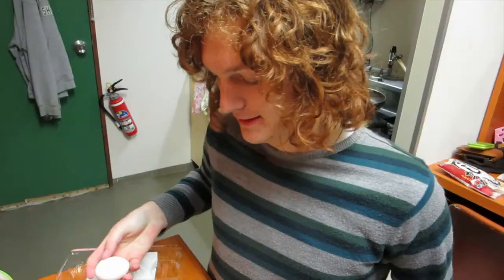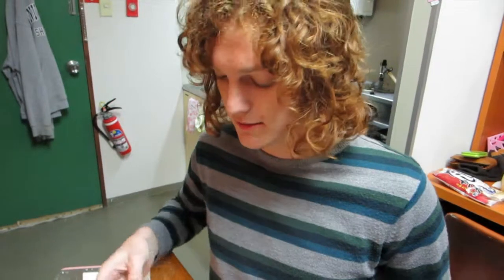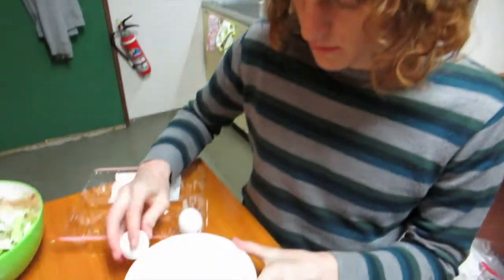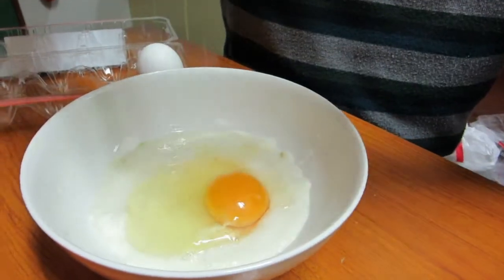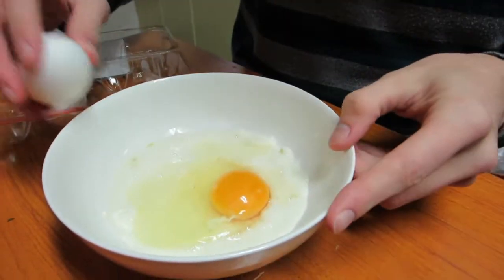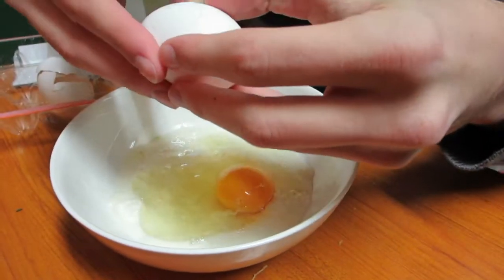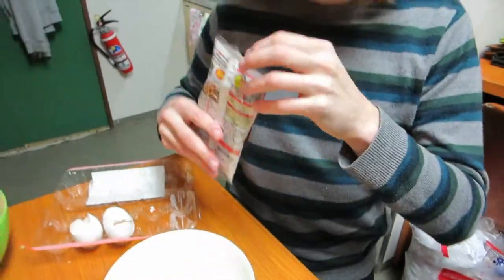Yummy. So, we cracked 2 eggs into this. Oh, by the way, if you don't use the nagaimo, then just replace it with water. So that's what you need to do. So, 2 eggs. Badly cracked. There we go. We add 1 sachet of